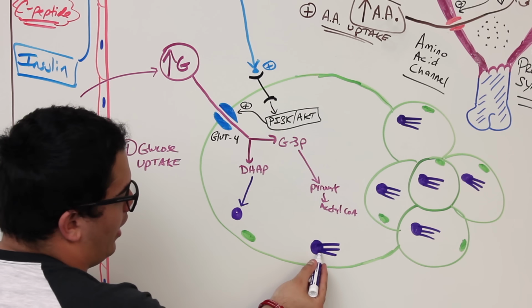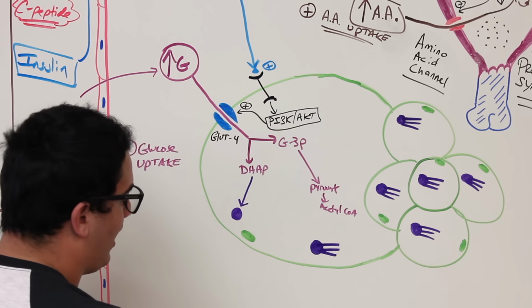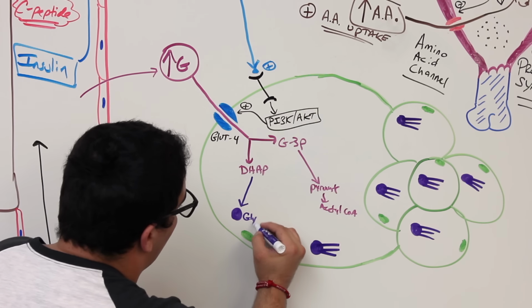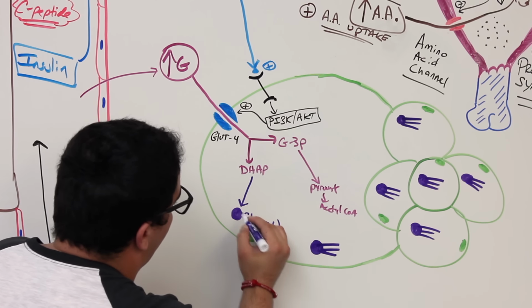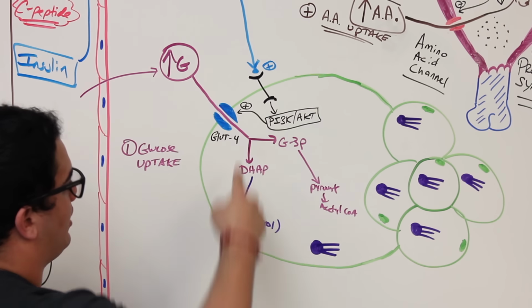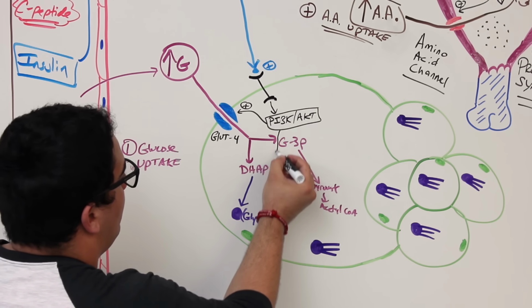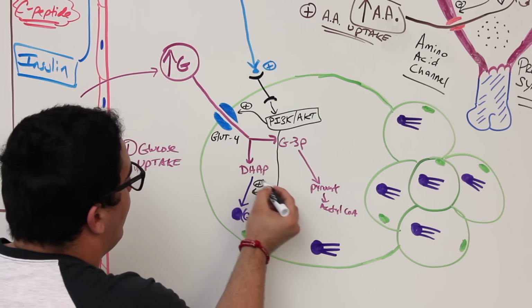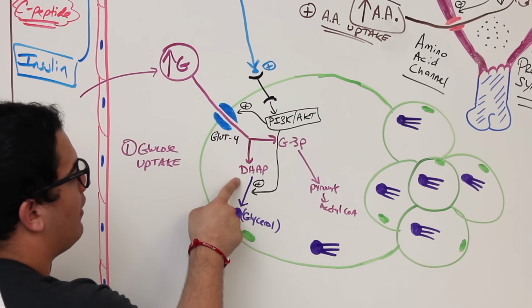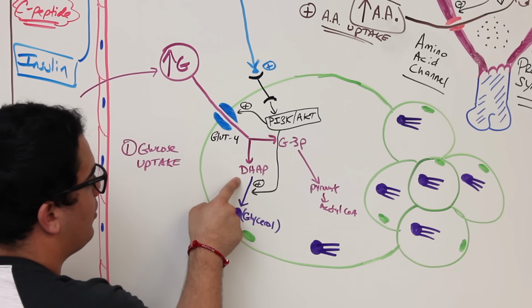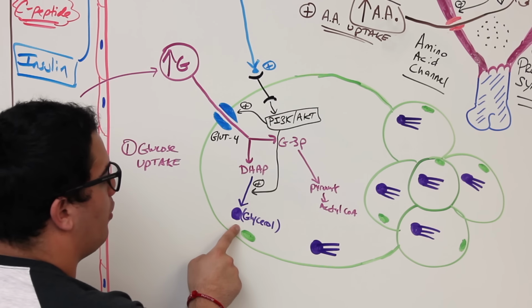You see that head right there? That head right there is called glycerol. So that's one mechanism that he stimulates. He comes over here and he stimulates, so let's actually show that now. He comes over here and stimulates this pathway, the conversion of DHAP, dihydroxyacetone phosphate, into glycerol, which is a building